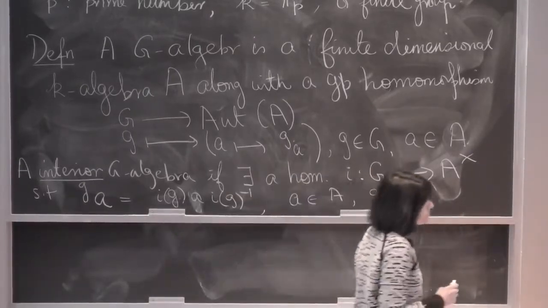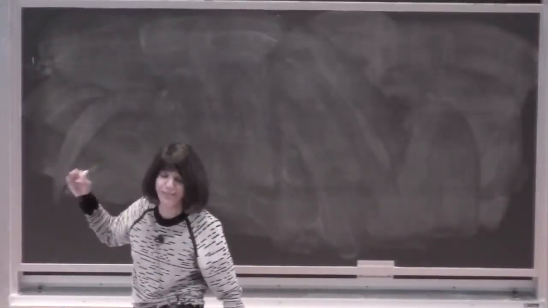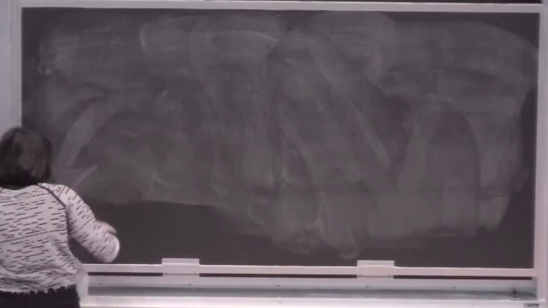Okay, so two examples. I'm going to try and keep these three boards for any generalities on G-algebras, this board for one example, this board for the other example, but for sure this will go crazy very soon. But anyway, if you see me jumping around a lot, you will see that this is why that's what I'm trying to do.